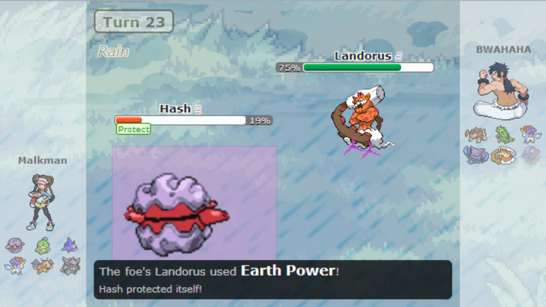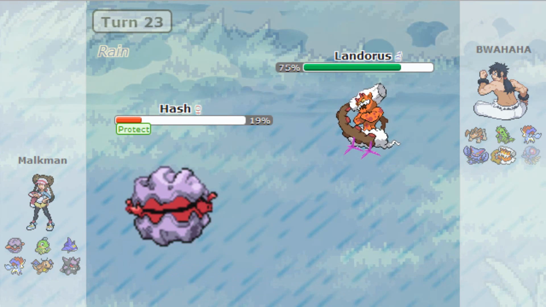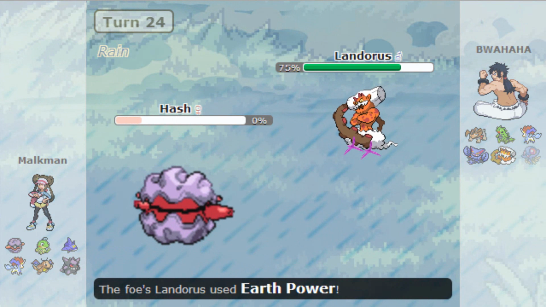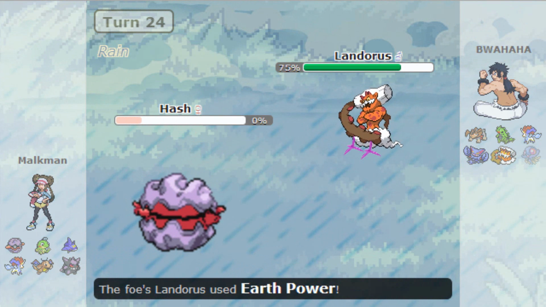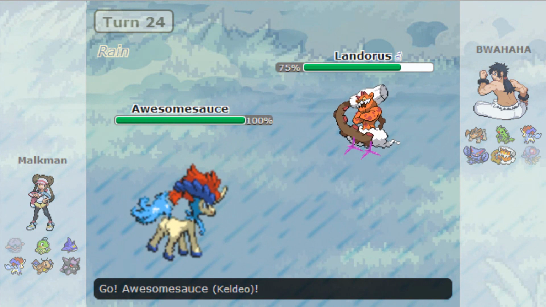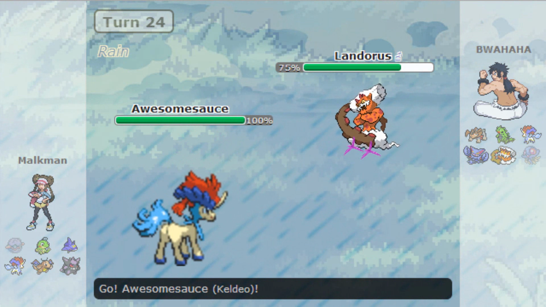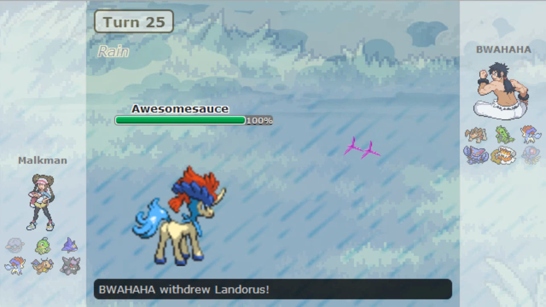Again, that will come into play later as being very, very important. And he goes for the Earth Power, takes down my Fortress. I don't exactly know what that Protect was for. I just decided that it was necessary for some reason. That actually could have been bad if he would have tried to set up or switch out or something, but yeah, he does, I believe, stay in with his Landorus, or maybe he switches out into his Gliscor, but I know nothing on his team wants to take